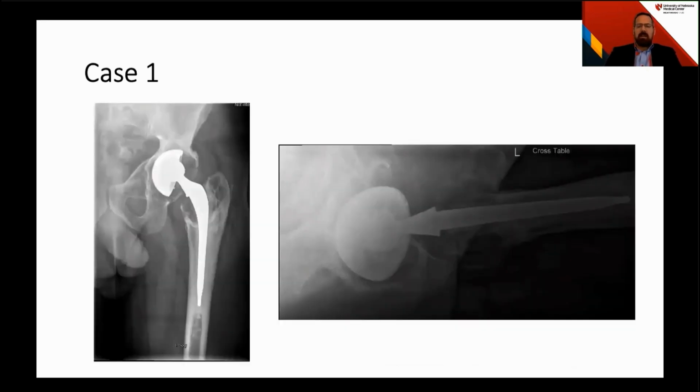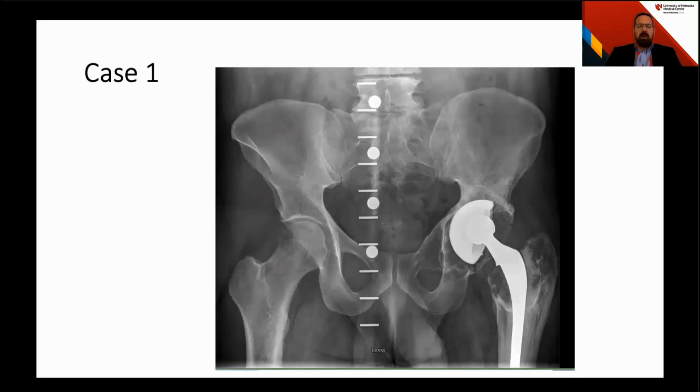If we go back to that lateral view, you can see he does have an intact posterior column. So I didn't feel like we were dealing with a pelvic discontinuity. So with this gentleman, I knew that we were going to have a significant challenge on our hands. We wanted to lengthen him some. And so my plan for surgery was a tap out, tap in on his femoral side, and then acetabular reconstruction